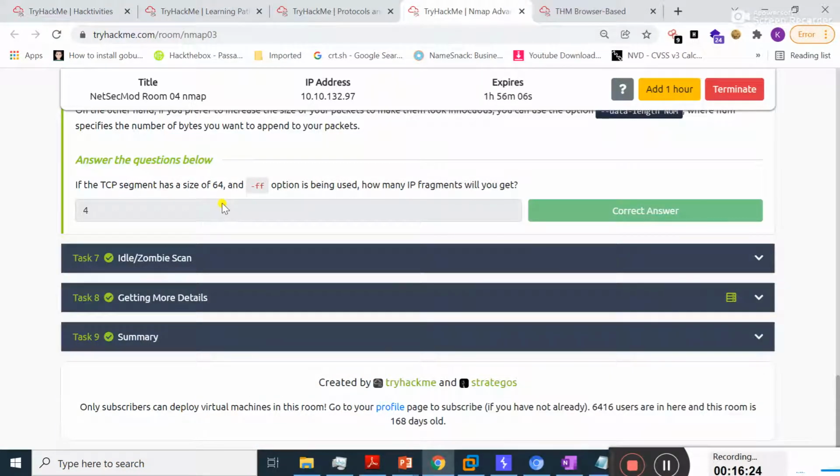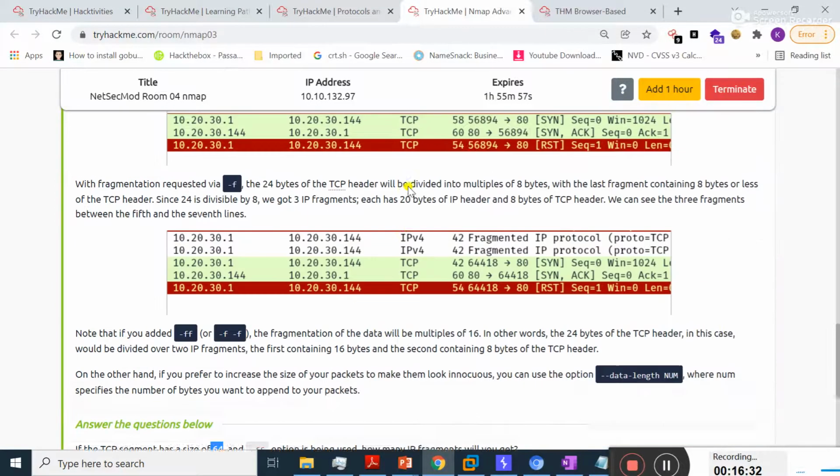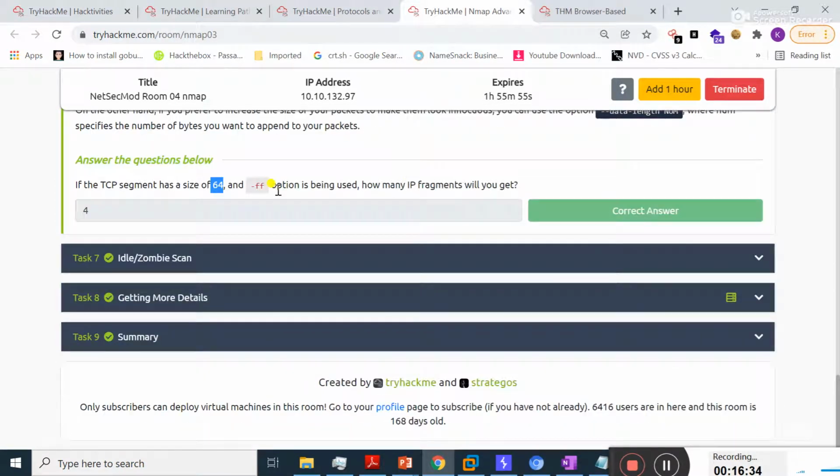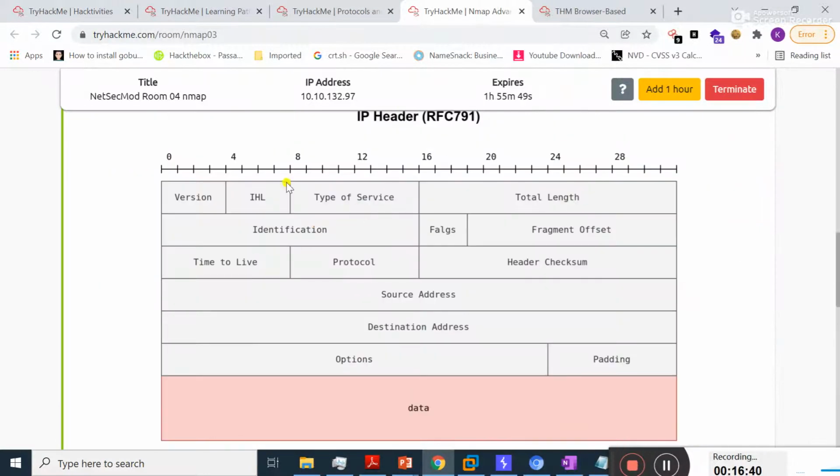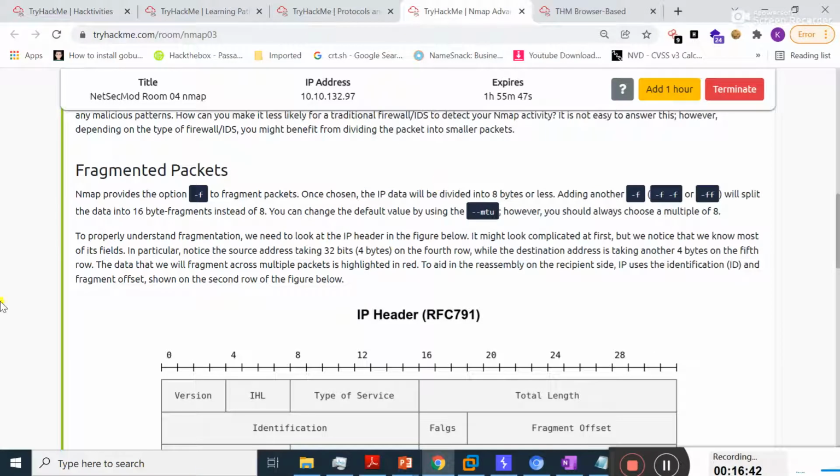fragmented scan. If the TCP segment has a size of 64 and the -f option is being used, how many IP fragments will be used? Basically, it will be 4. From here, you can see the IP data will be divided into 8 bytes.